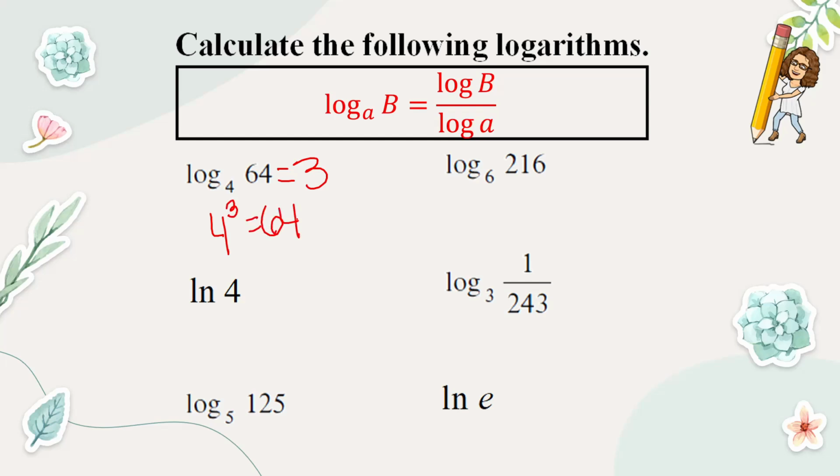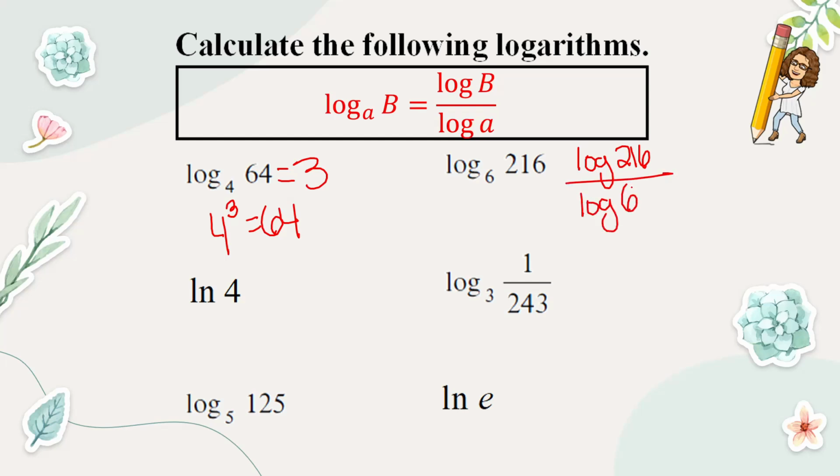Now, if you are using a scientific calculator or a calculator that does not have log with a base, what you can do is use what's called the change of base formula. So you can go log of big number divided by log of a, because you should have a log key somewhere on your calculator. So if I wanted to do log base 6 of 216, I could go log of 216